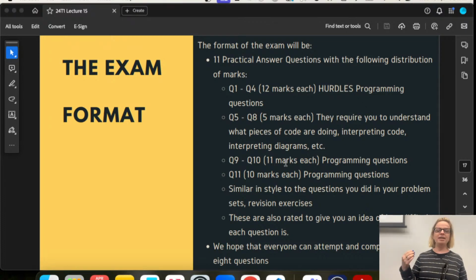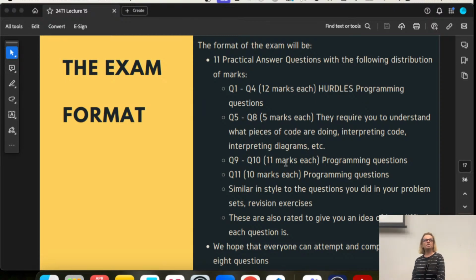Okay, question 9 and 10, they're 11 marks each. And they are programming questions. And we'll talk about what they cover in a second. And then question 11, the final hurrah, is a 10-mark question. I don't know, in the same term last year, I think 20 people out of the whole course did question 11. So don't stress if you have not gotten up to it, if you have no idea what that question is even asking you to do, don't worry about it. We'll talk more about it in a second.